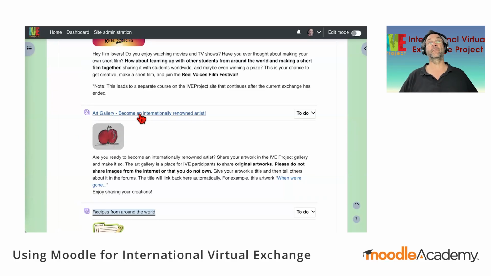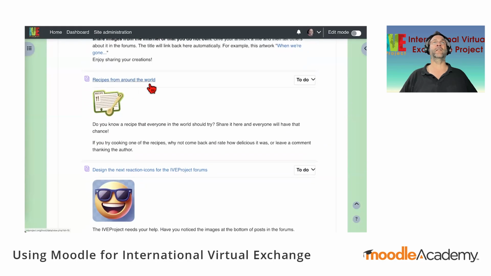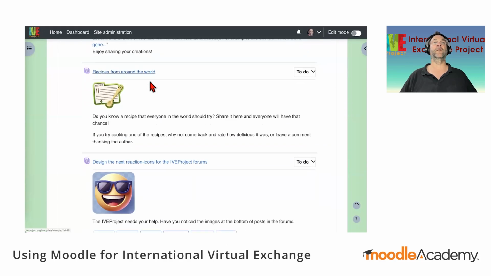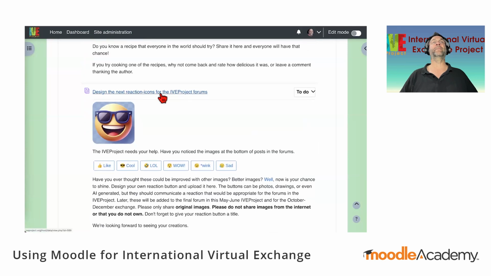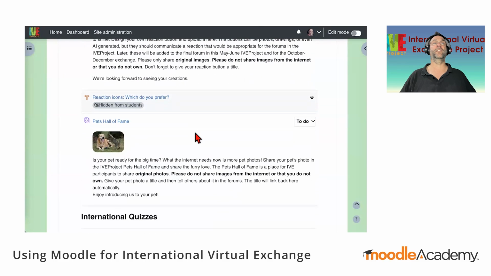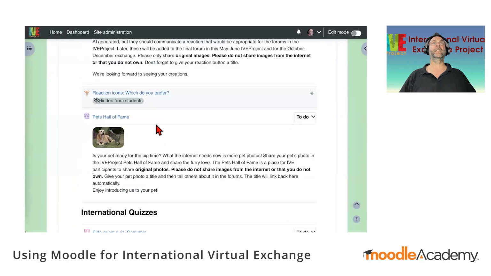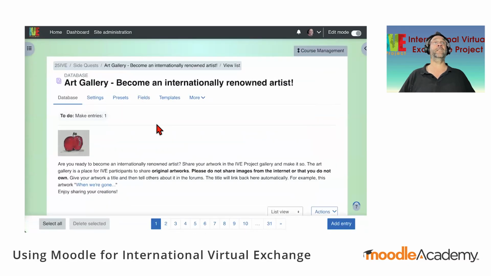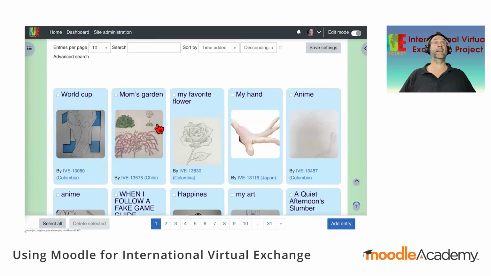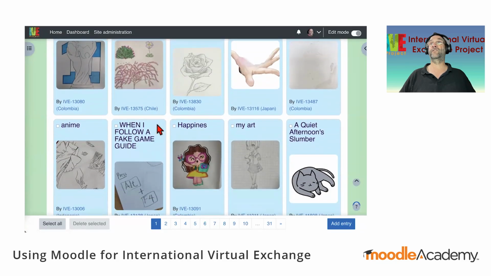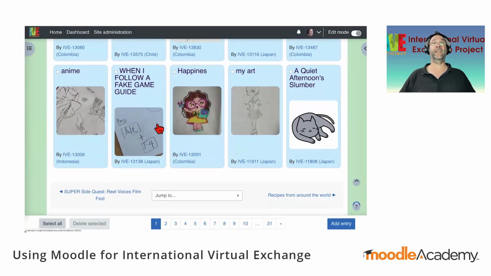So we said, okay, let's make that a proper place for students to post and to see, so we can have a quick look at that. The other one was recipes from around the world, and this is amazing as well. I'll show you something there soon. Design the next reaction icons, and you can see that these have been developed. I'll show you some of those as well. Pets. Let's just have a very quick look at some of those. Here are some of the pictures from the different students in the exchange.